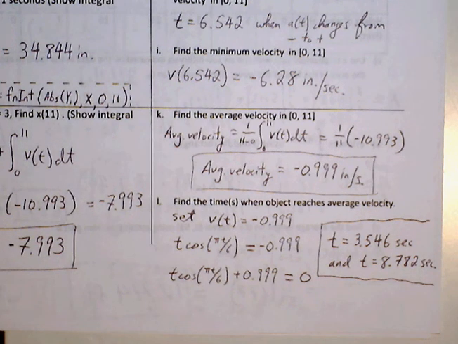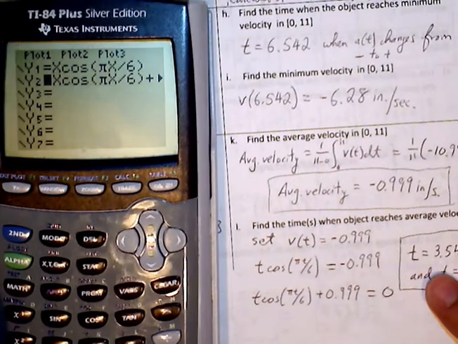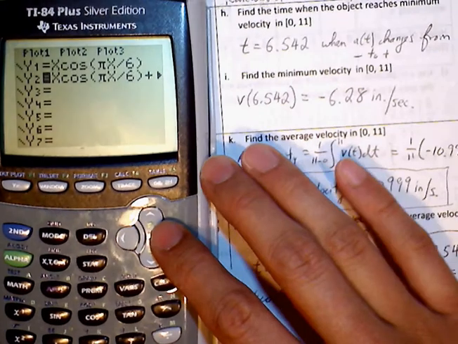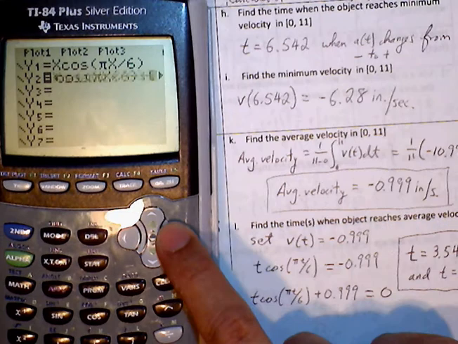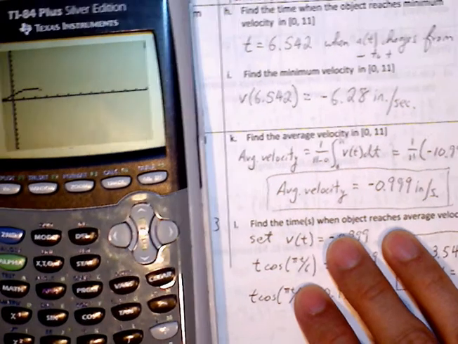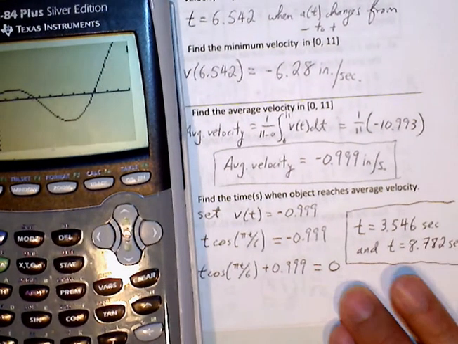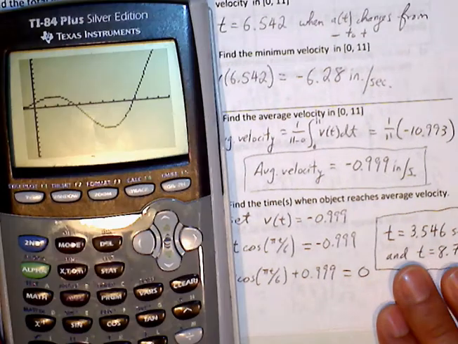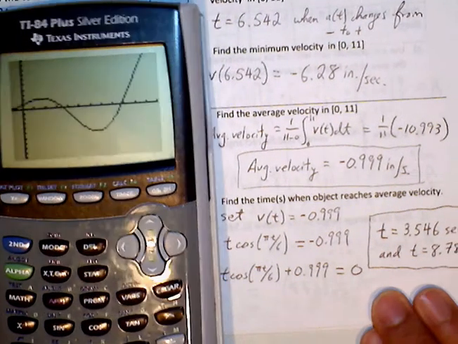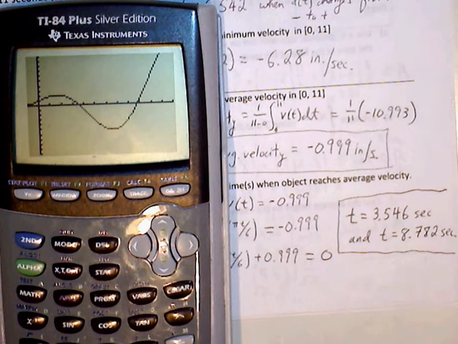So in our calculator, I have it entered as x cosine of pi x over 6 plus 0.999. And when I hit graph, I'm going to see 2 points, 2 intercepts, and they're going to be at 3.546 seconds and at 8.782